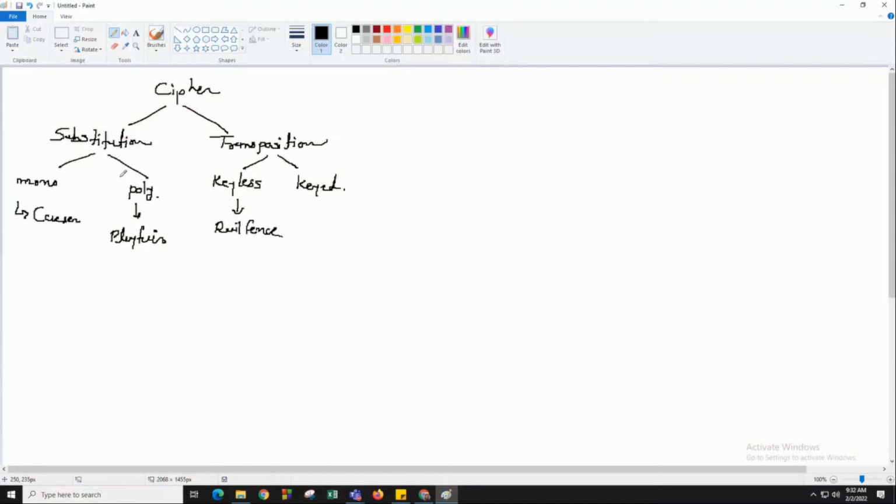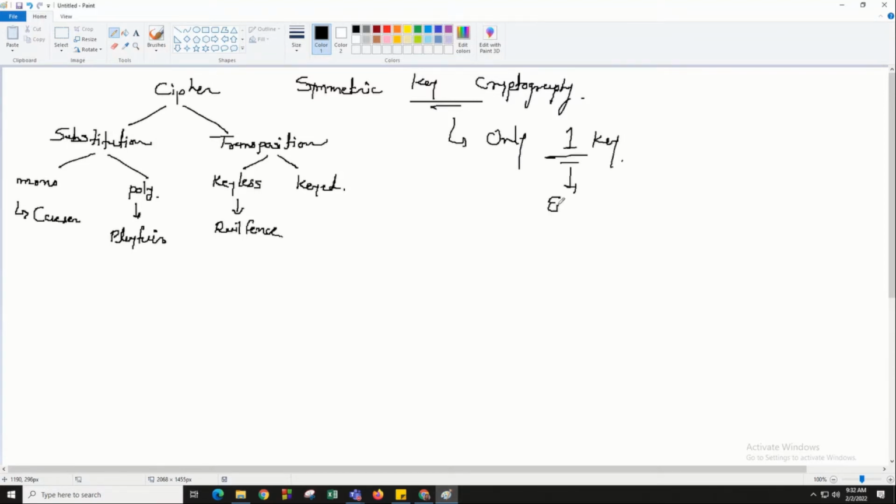So this was happening in symmetric key cryptography, right? Where we were having only one key which is used for encryption as well as decryption. So what was the issue with symmetric key cryptography?